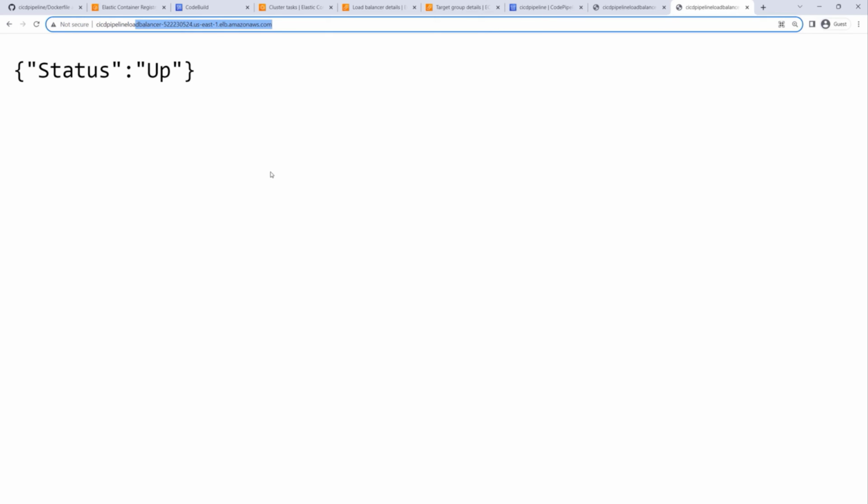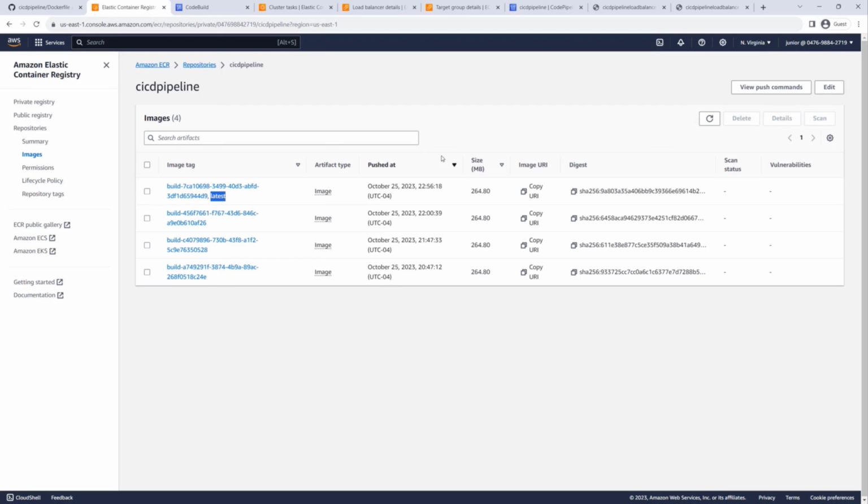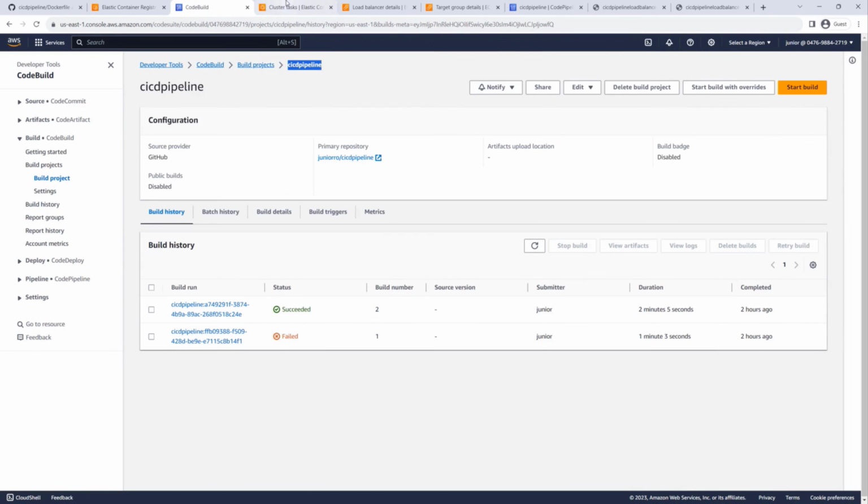Okay, so if you have any questions, let me know. And again, one more time, don't forget to delete everything: delete repositories, delete the cluster, delete all of the CodeBuild projects. Just make sure you delete everything so that you don't have to pay a lot of money